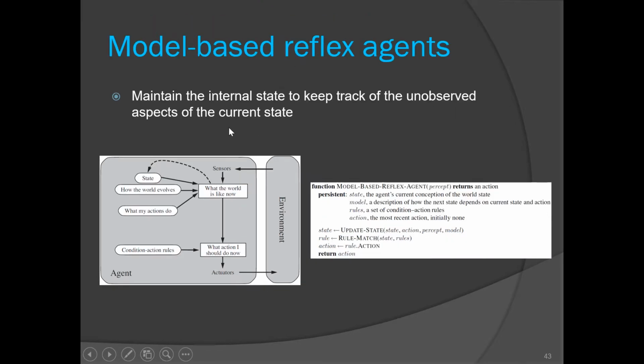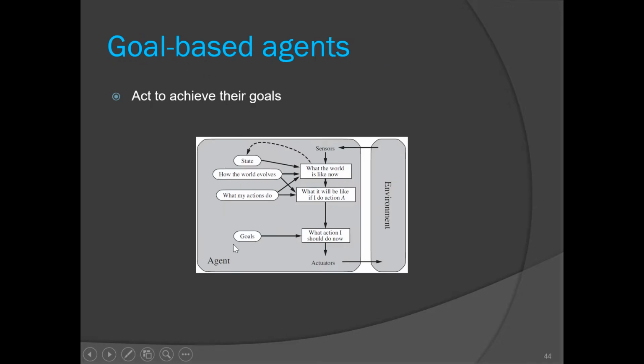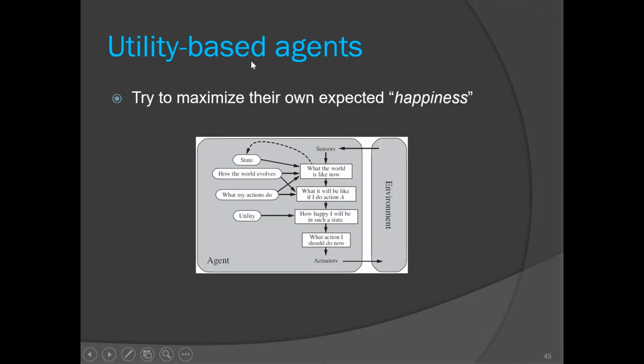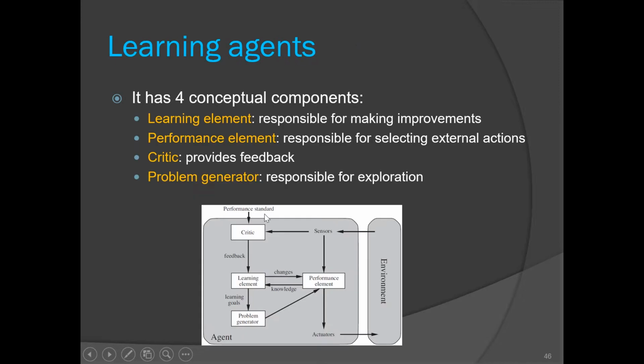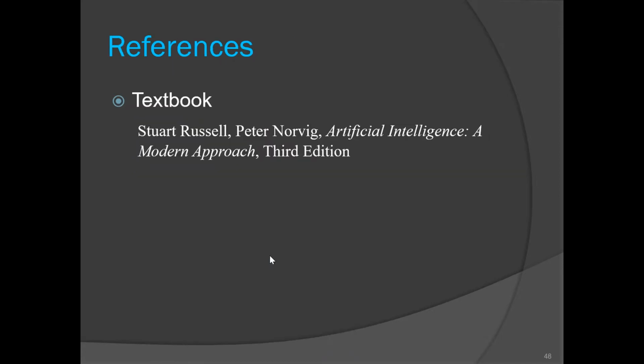Then model based agent, okay. So here we maintain the state and the model information of the environment. Then goal based agent, here we have the goal information and we try to achieve that goal, okay. Then utility based agent, it tries to maximize its own happiness, okay. So along with the goal, it tries to fulfill other criteria also. And in learning agent we have additional modules, okay, that will suggest the change and that will make our agent explore, okay. This is how our agent will have a learning capability, okay.